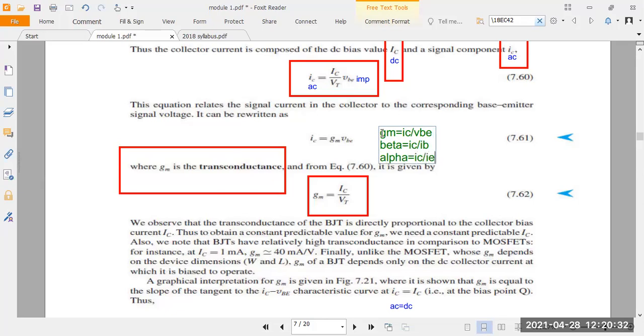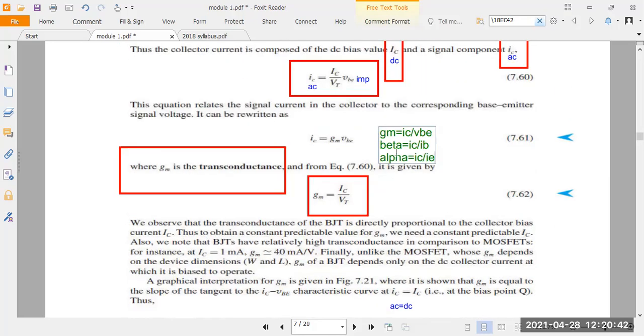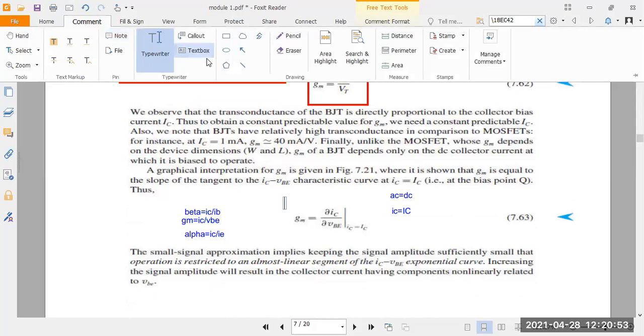So these are the terminals here for the BJT. So what you got? GM final equation now: IC divided by VT. This is the transconductance. Next, you take this term here, GM into IC into VB. You take this equation here. You write one more time. So this one is what here?